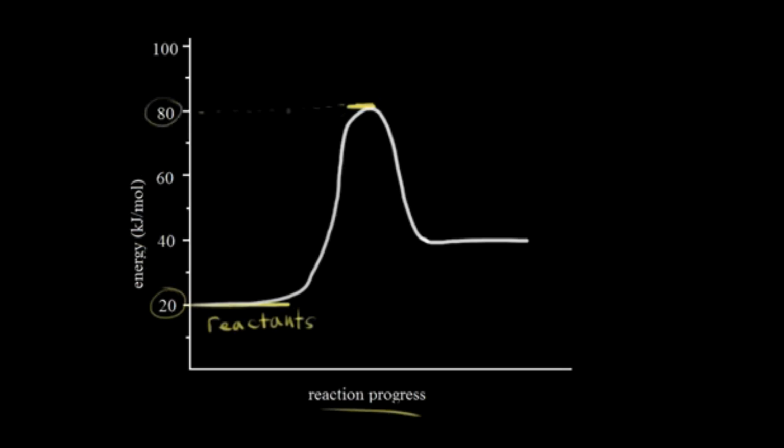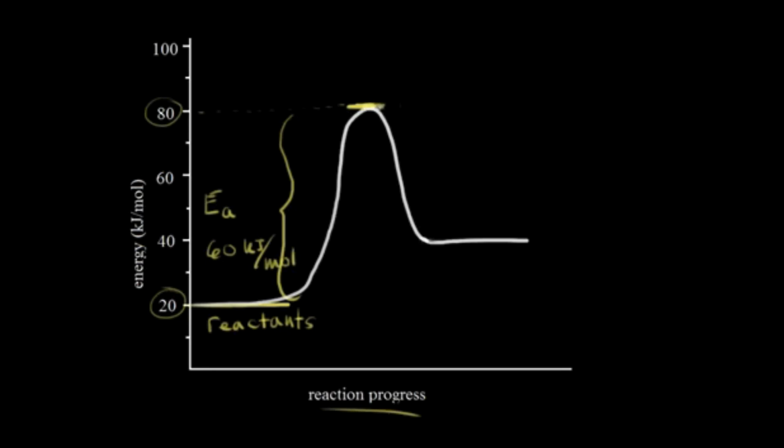So this difference in energy, this is our activation energy. So this is EA. That represents our activation energy, which for this reaction would be 80 minus 20, which would be equal to 60 kilojoules per mole. So we get to here, we get to the transition state or the activated complex,